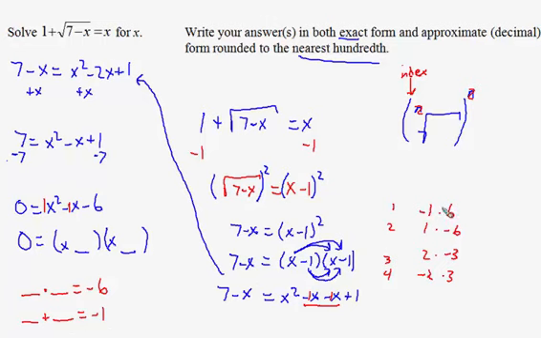And so if you just went 6 and added it to negative 1, you don't get negative 1, you get 5. Negative 6 plus 1 is negative 5. Negative 3 plus 2, this is our guy. If you took 2 and you took negative 3, it has both properties: if you were to multiply them, you get negative 6. If you were to add them, you'd get negative 1. So these are the numbers that go in these blanks here. So if you were to put a positive 2 here and a minus 3 here, that would be a correct